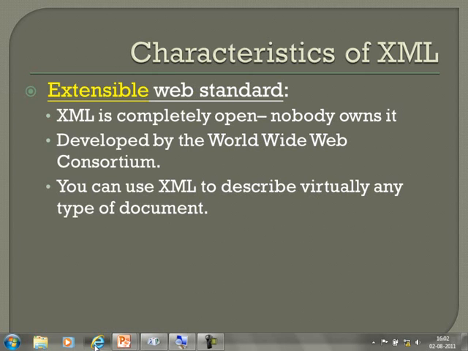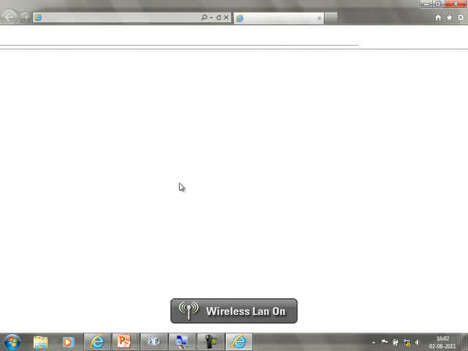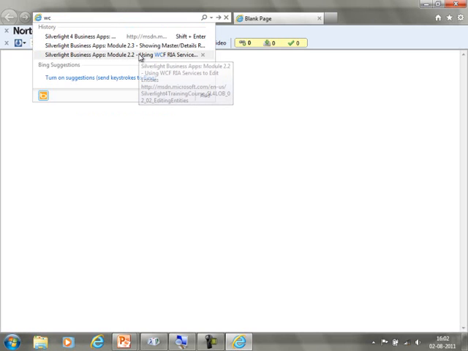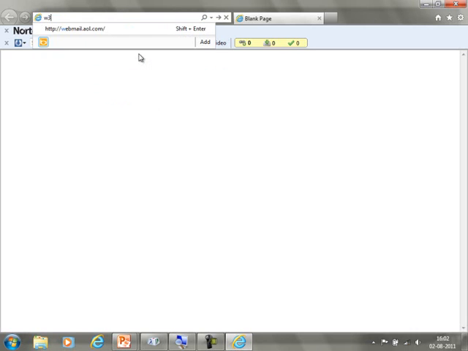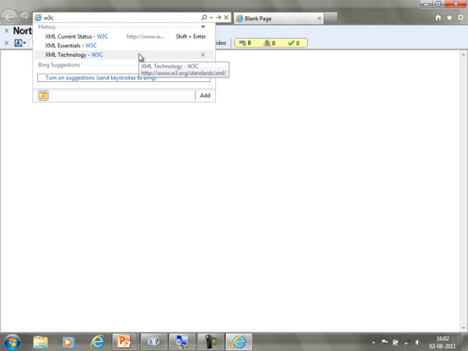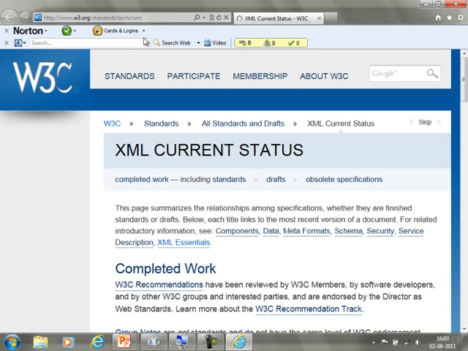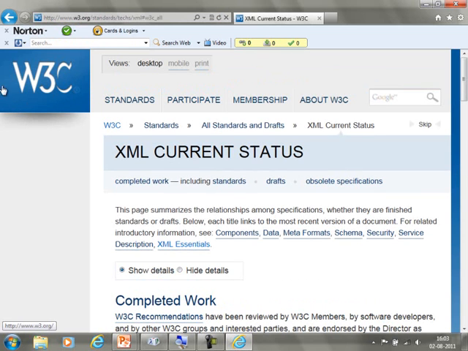If you go to w3c.org, I visited that site. I straight away go to the XML part. Now, if you go to the home page, it will be slightly different.